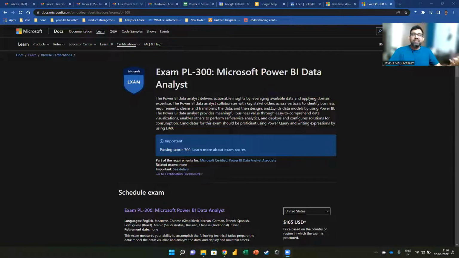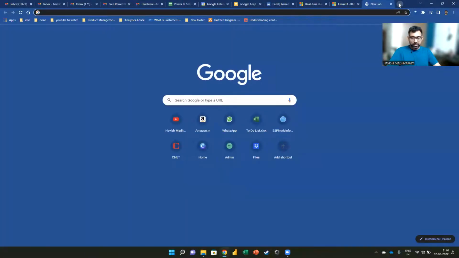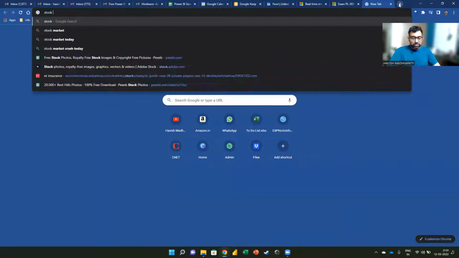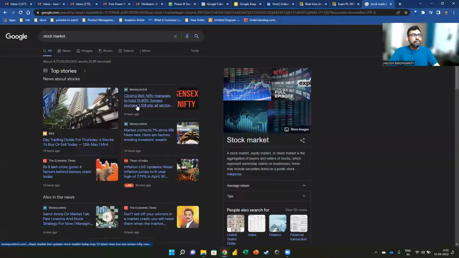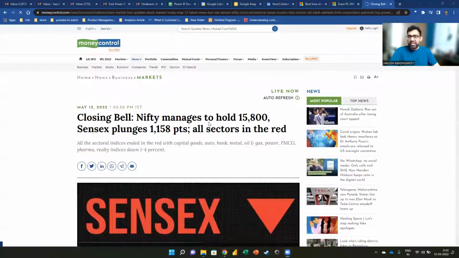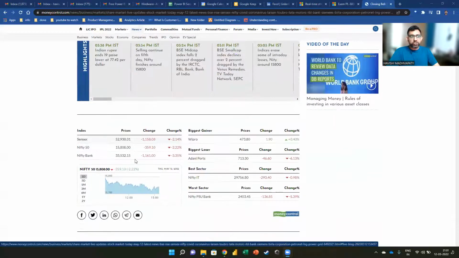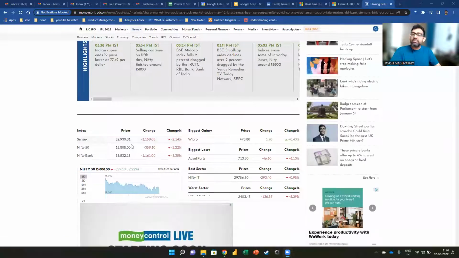Mahesh, API is not an add-on. API is a concept in IT. For example, let me give you a good example. If you see Moneycontrol, do you see that they have the stock data for today? How do they have the stock data? Who is originally having the stock data?